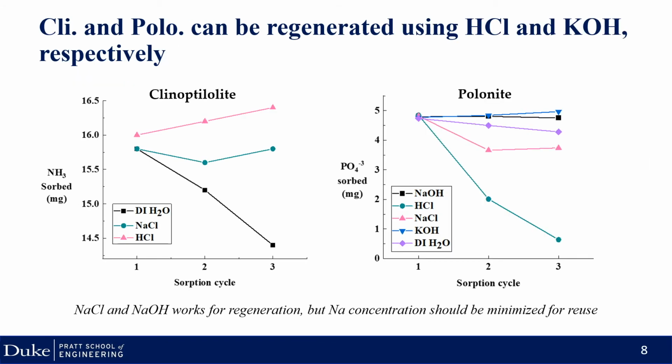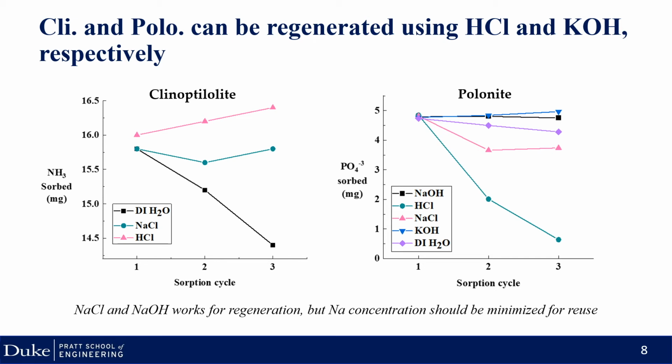Not only are these minerals effective in an on-site wastewater treatment system, but also clinoptilolite can be regenerated using hydrochloric acid, and polonite can be regenerated using potassium hydroxide. In the graph on the left, the pink triangles show the clinoptilolite after regeneration with hydrochloric acid can sorb the same amount of ammonia. This is the same case for polonite. The plot on the right, with the blue triangles, shows the polonite sorption of phosphate remains the same after regeneration